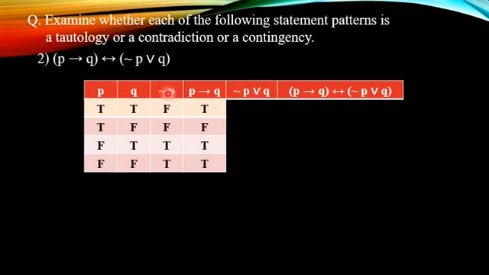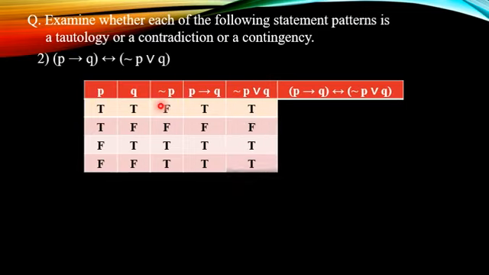Negation P means third column and Q means second column. So third column and second column are connected by OR. That means disjunction. And for disjunction, if both are false, the corresponding disjunction will be false, otherwise true. So the truth values of this column are here FT true, here FF both are false. That means the corresponding disjunction will be false. So F for F false, here T true, here TF false.